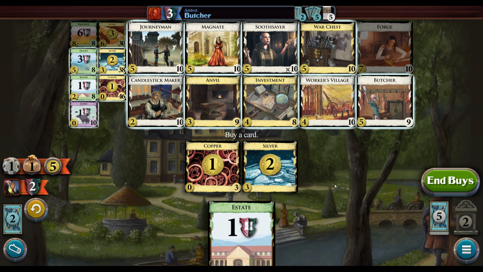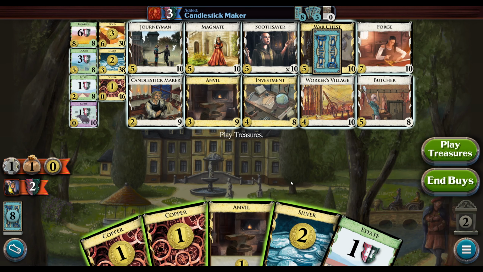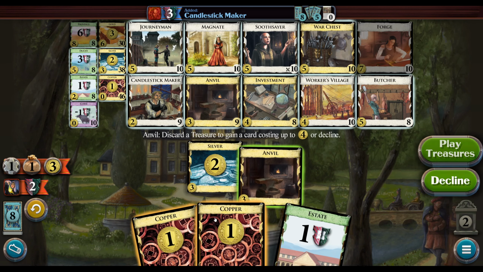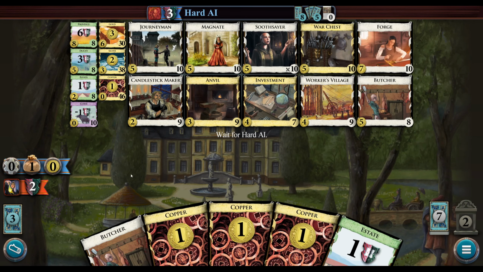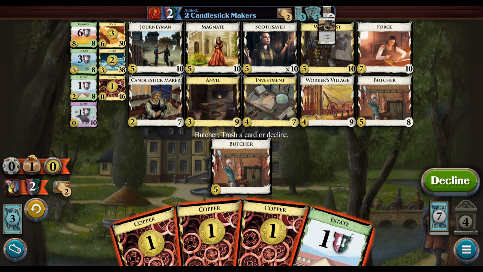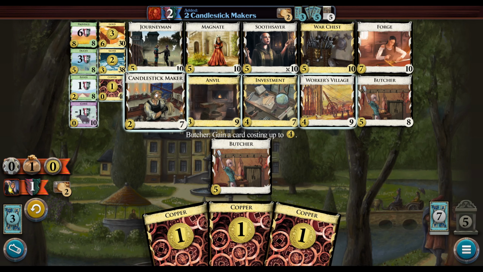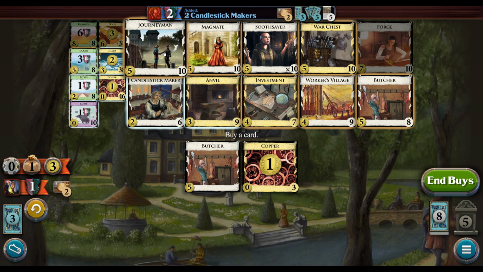So, guess it's whether we go Butcher or just go straight to war chest, but we'll take Butcher. So this could be, I mean, I think we just buy a 5 here. We could take two workers villages, or like workers village and another investment. That'd be okay. Hopefully we can get to buying a 5 here. So we'll just trash this estate into a Candlestick Maker. And then we'll buy...